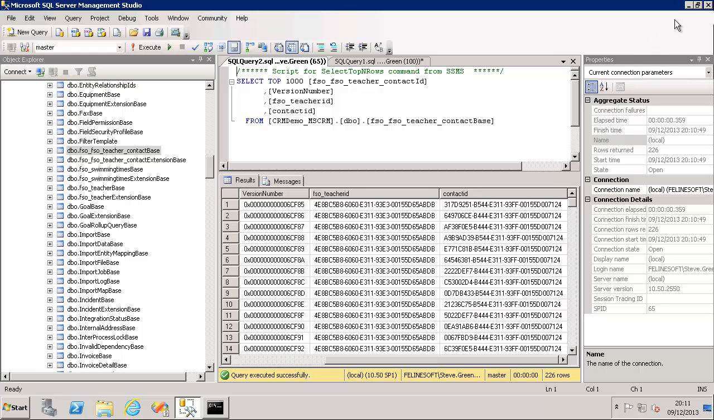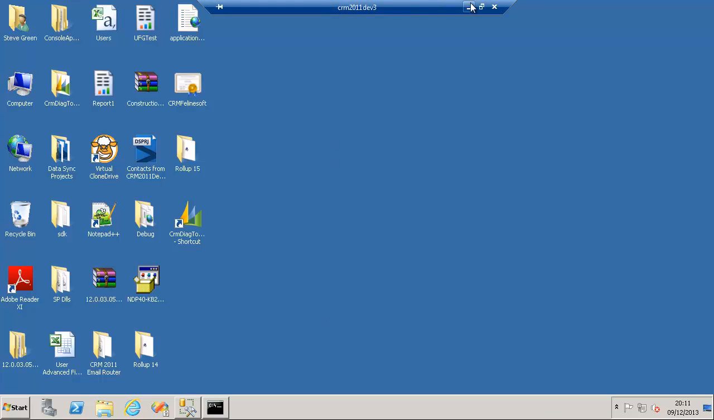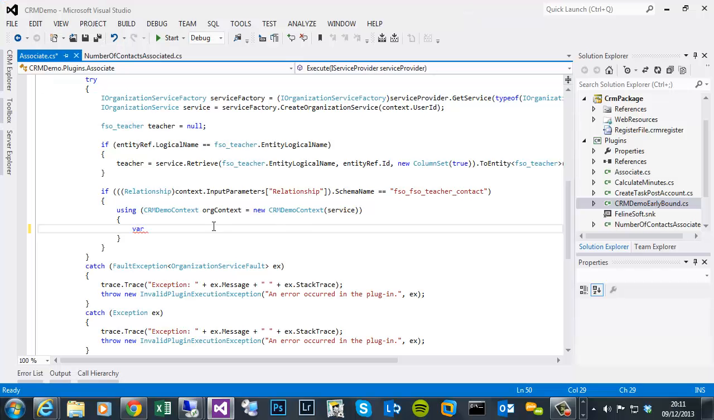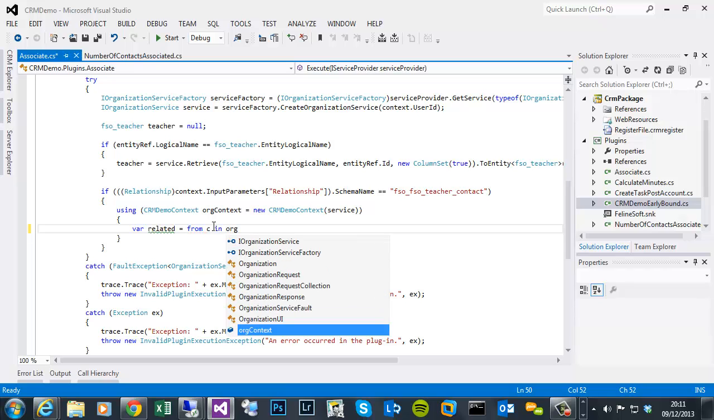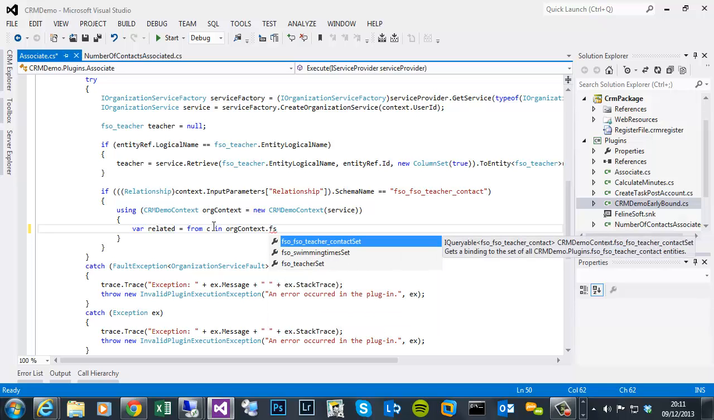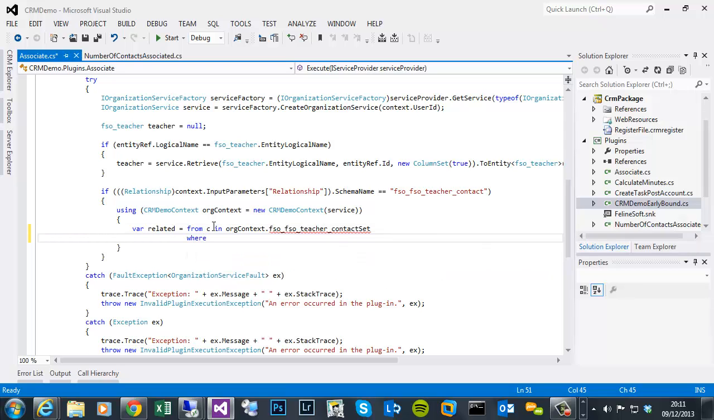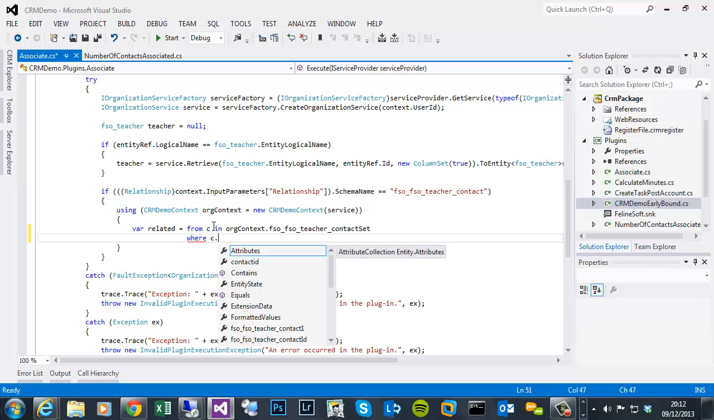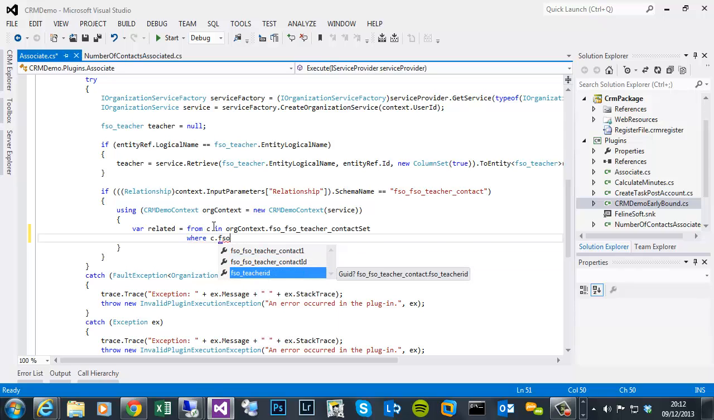So if we query this entity, that will give us the information for the count. So if I say var related and then do my link query, so from, pick any word or letter, it doesn't really matter, in the organization service context, and then the data set, there'll be a data set for that teacher contact set. And then what I need to do is set a criteria so that the column for the teacher ID, so as we saw in the database, there's a column for teacher ID, there's a column for contact ID, where that teacher ID